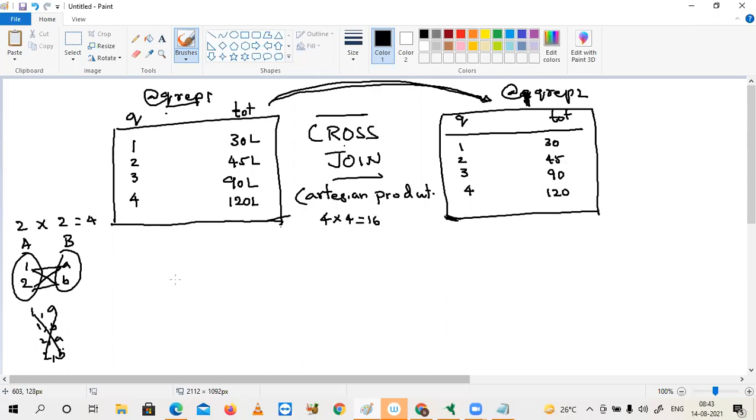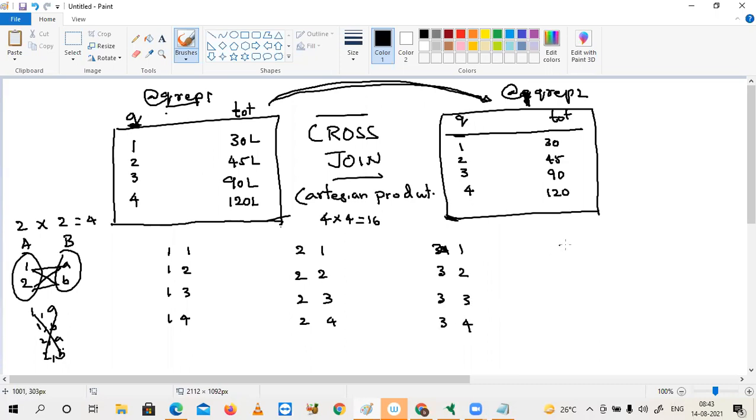Look at only the first row, only column Q. 1, 1. Next 1, 2. 1, 3. 1, 4. Next, look at the 2s: 2, 1. 2, 2. 2, 3. 3, 1. 3, 2. 3, 3. 3, 4.